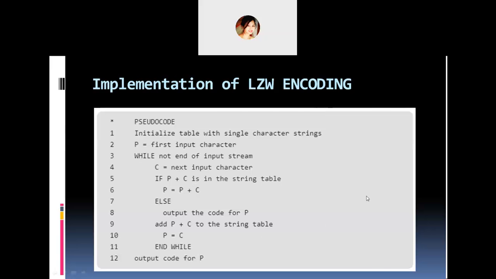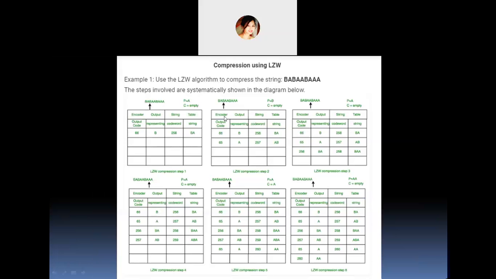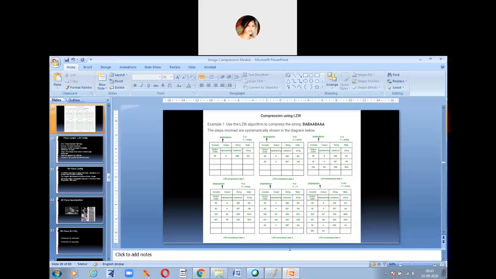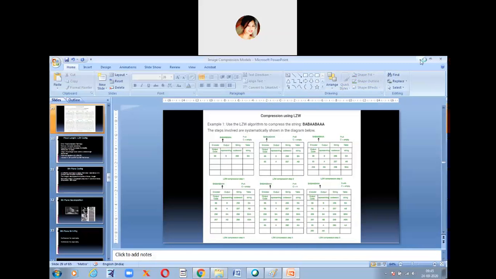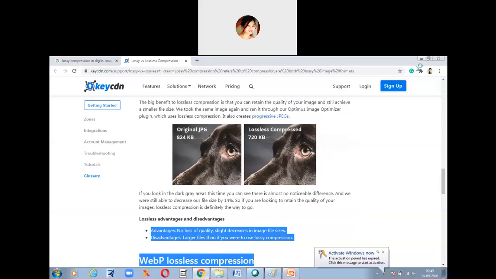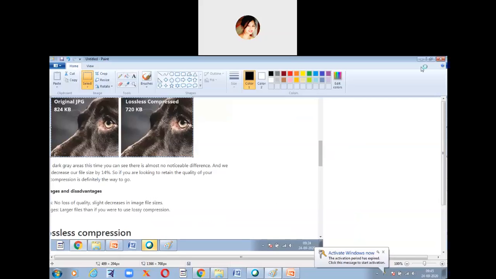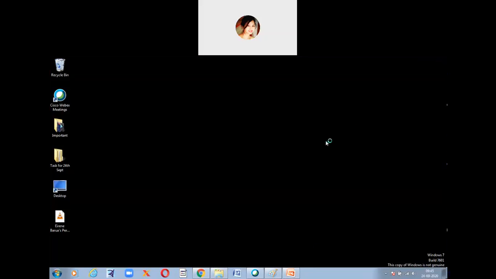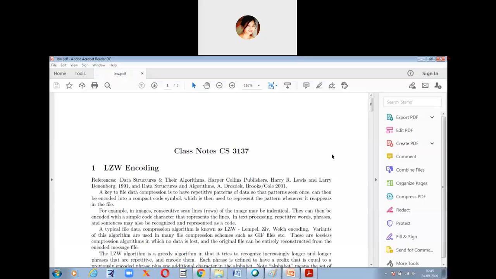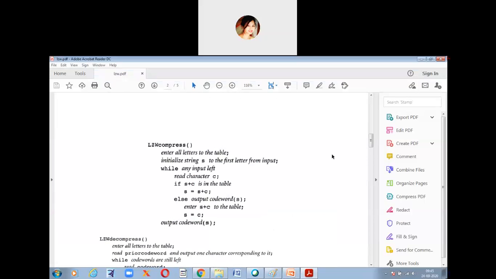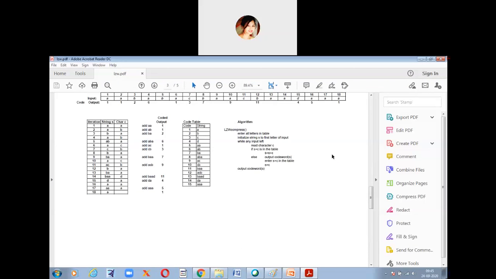As encoding continues, LZW identifies repeated sequences in the data and adds them to the code table. Decoding is achieved by taking each code from the compressed file and translating it through the code table to find what character or characters it represents. You can see this in this implementation. This is the algorithm for implementation of LZW encoding, written in a tough language. I'll show you an example.